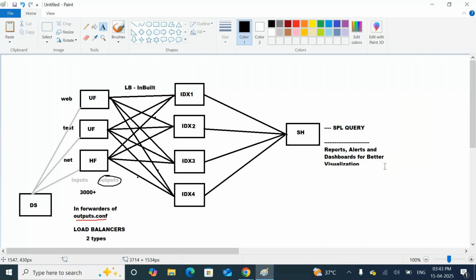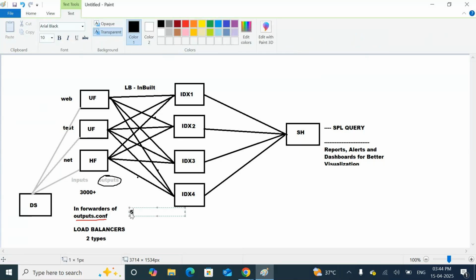Understand? Now my question is, let's say this is time-based. For every minute, one number will be stored. Take the example of volume-based, for example I gave a 5 GB or 5 MB volume.